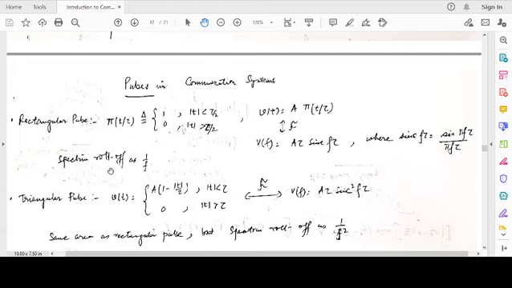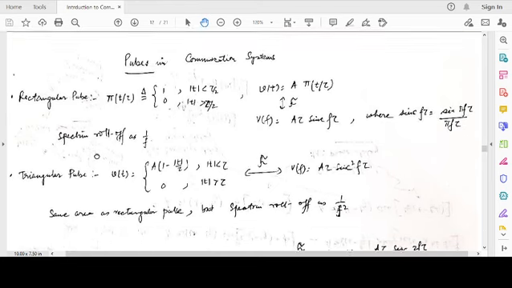So what is the spectral roll-off? How does this characteristic fall or decay with respect to frequency? It decays as 1 over f. You see over here, the magnitude of this is bounded by the magnitude of A tau, times the magnitude of the sinc function, which decays as 1 over f. So spectral roll-off is how the side lobes, other than the main lobe, the higher frequency portion of the rectangular pulse, decay as 1 over f.